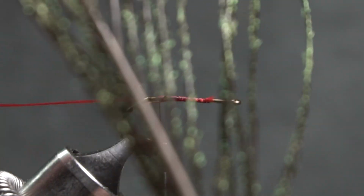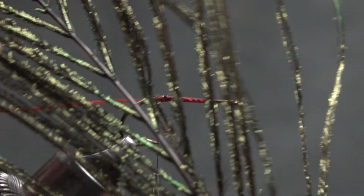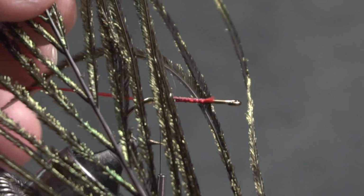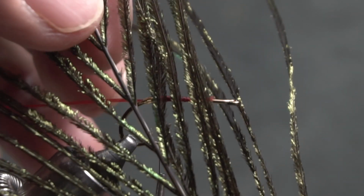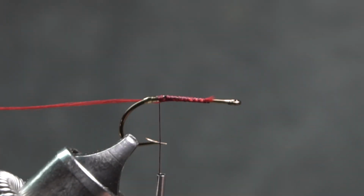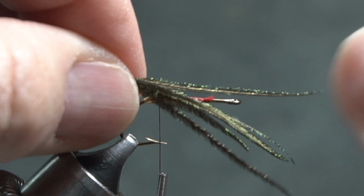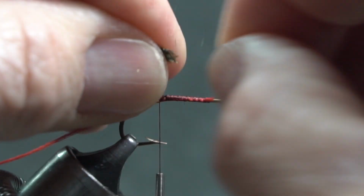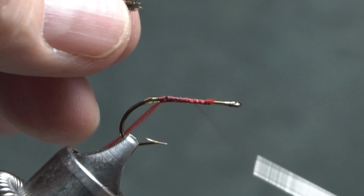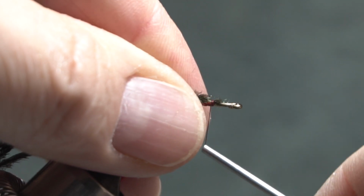Peacock herl is the barbs from a peacock tail feather. We don't call them barbs on a feather like this, we call them herl. And then all the little barbules, I believe those are called flues on a herl. So I have 5 of those because it's a fairly substantial body. And I am going to just break off the tips. They're fairly tender. I'll bring my thread back up here where I need it. And then just wrap around all 5 of those